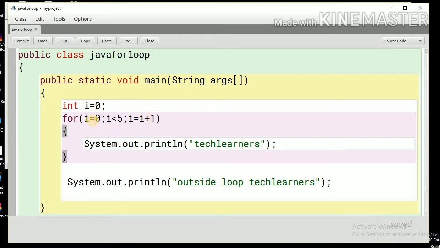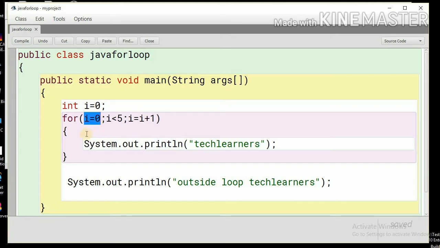In this way, I will begin from 0 and update by 1, from 0 to 1, 1 to 2, 2 to 3, and will go till I is less than 5. That means till 4. So the loop will execute for 0, 1, 2, 3 and 4.